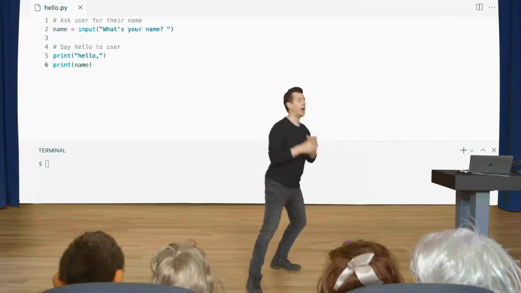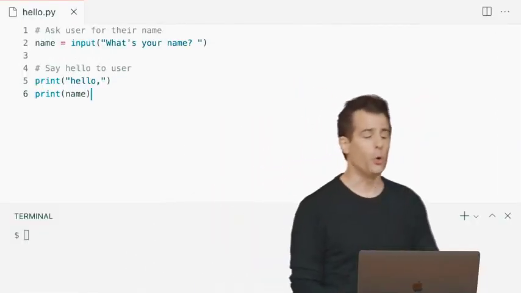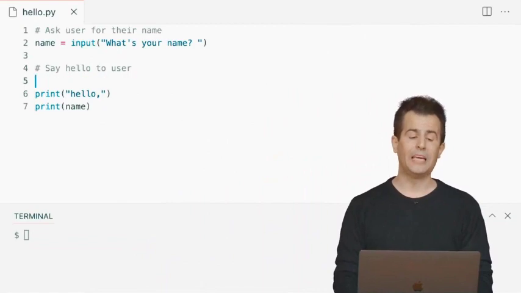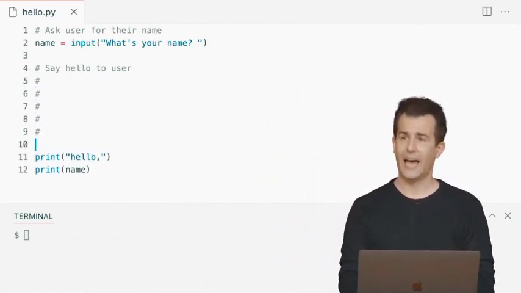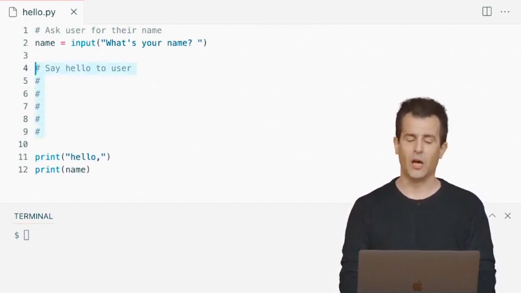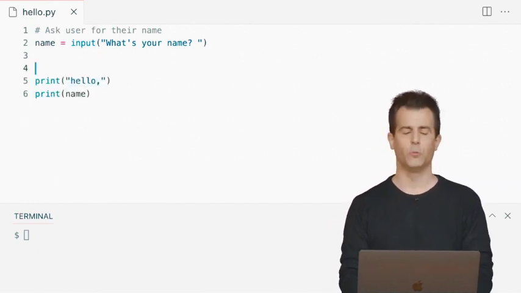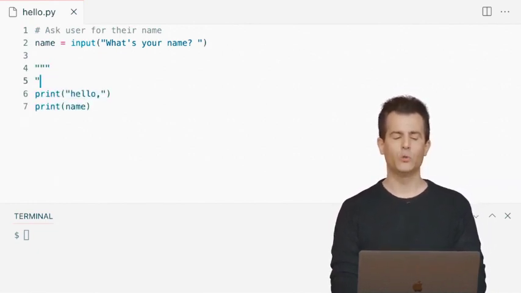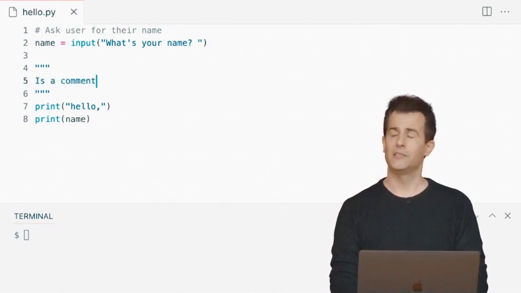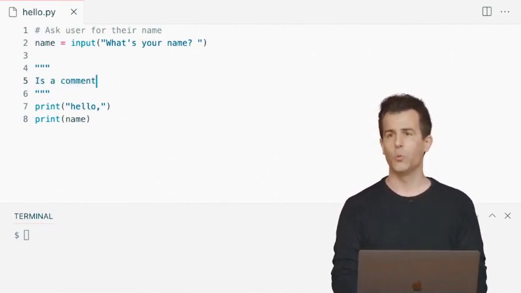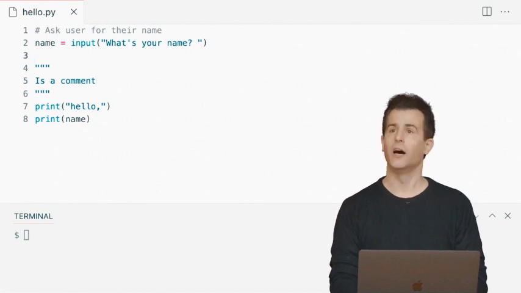I wanted to ask how I make several line comment. Oh, how do you do many lines of comments, if I'm hearing you correctly? Sure. You would just keep doing them like this. You just prefix each of the lines with a hash symbol, like I'm doing here. There is another technique for doing multi-line comments in Python that actually tend to have special meaning. You can do 3 double quotes like this, and then anything in between here is a comment. That's another technique, or you can use single quotes as well, but more on those, I think, another time.